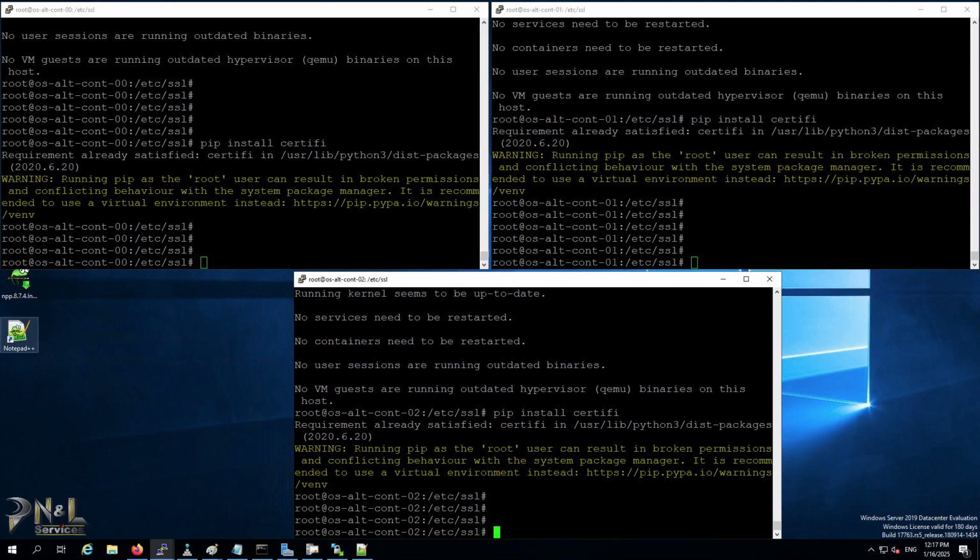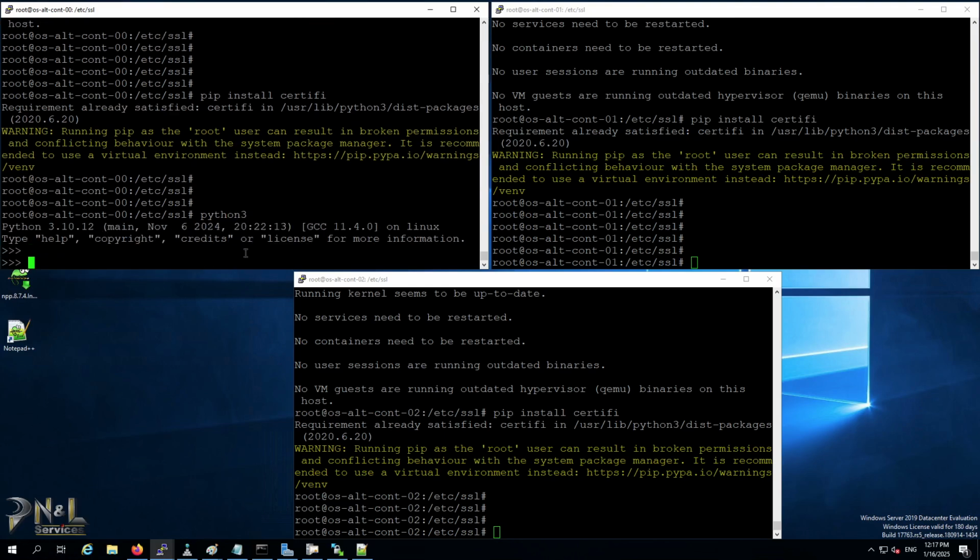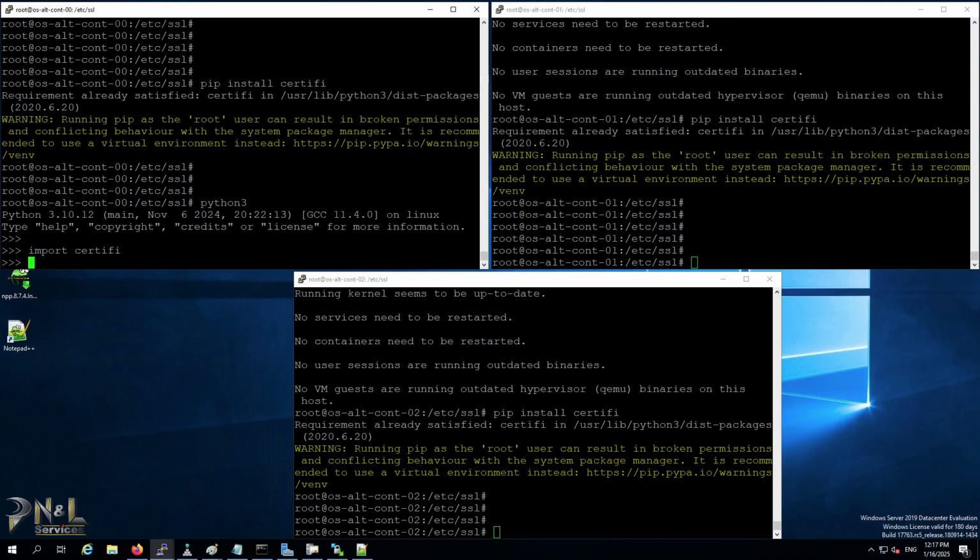So next, what we're going to do is type in Python 3, and then we're going to verify where the ca-certificates.crt files are installed. So we're going to type in Python 3, import certifi, and then we're going to verify the location. That's where we're going to copy the